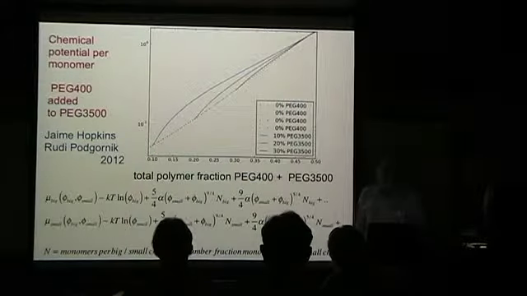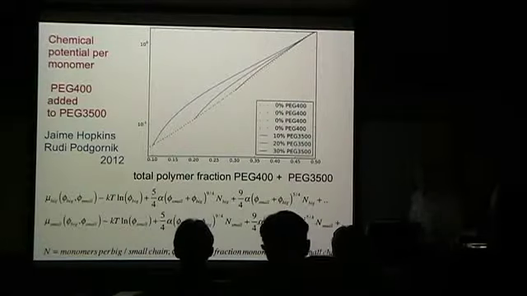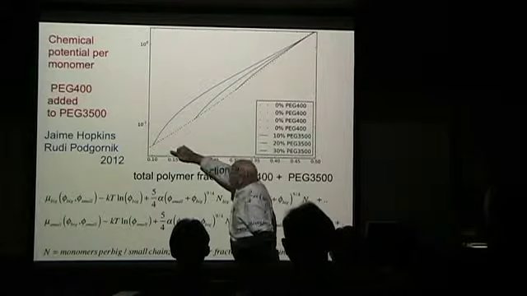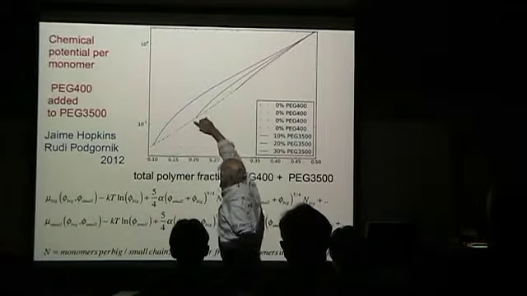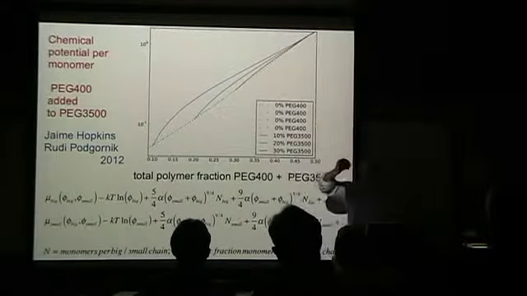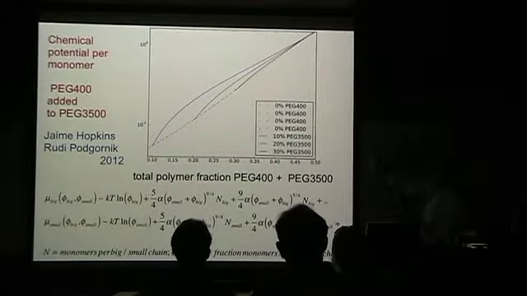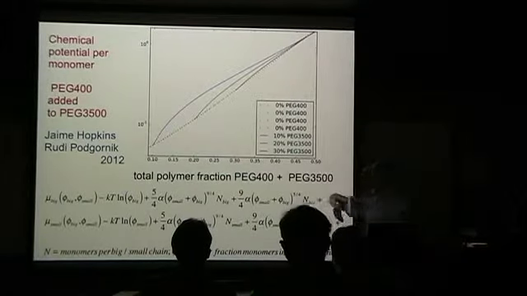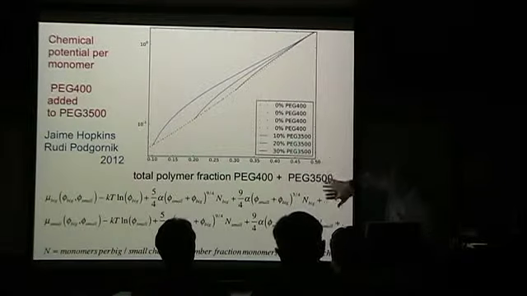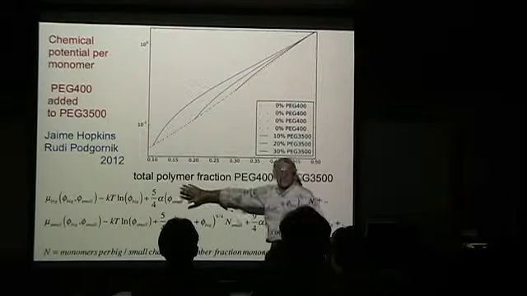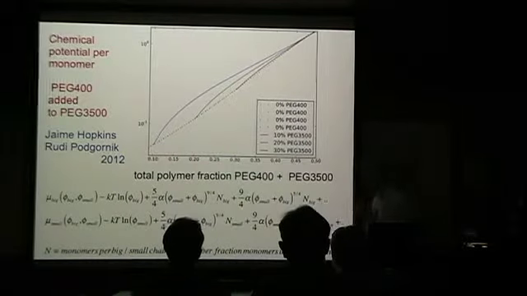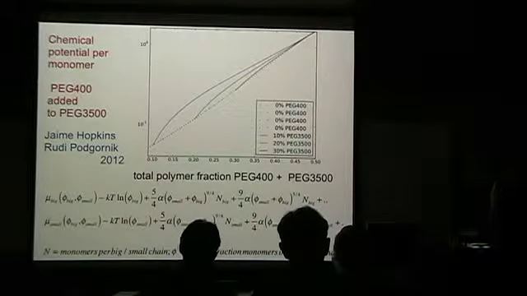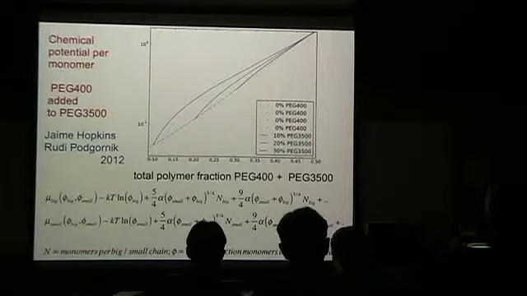And I hesitate to go into this right now, but I'll just say it like this. We now do calculations of what is the chemical potential per monomer if we started to add small species to the big species at different preset concentrations. That way we can come out with precise statements about what the chemical potentials are of the two species. And all this is telling you that this is the language that we think we could be using to talk about mixed systems and driving transport.